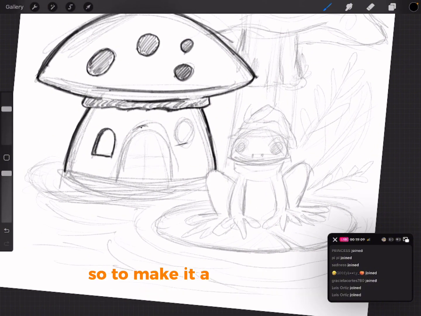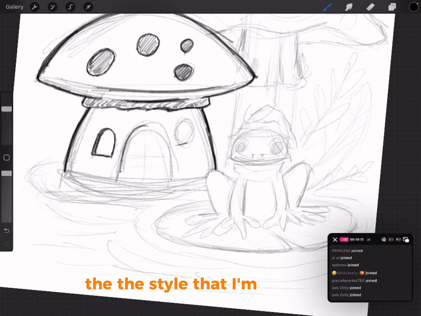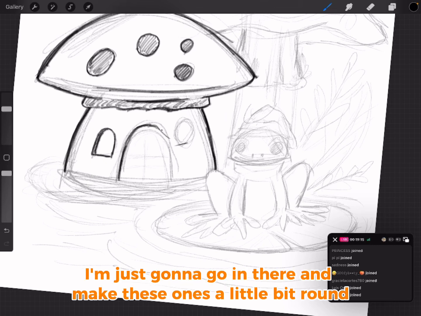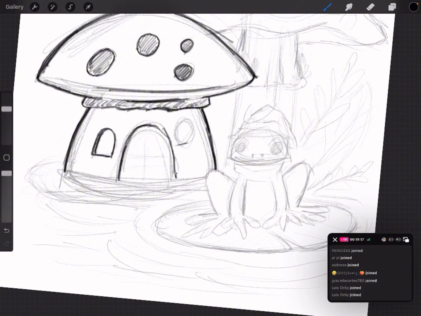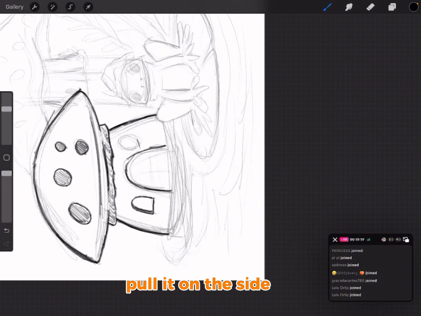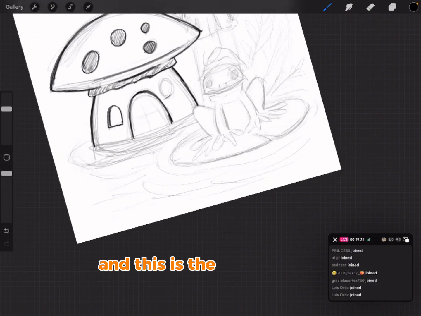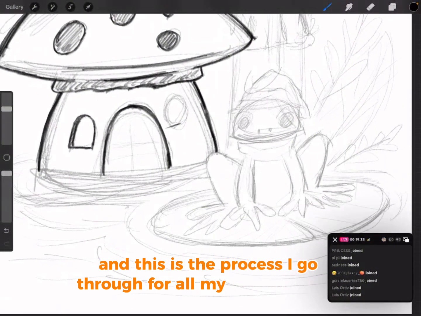So to make it a little bit more whimsical, the style that I'm going for, I'm just going to go in there and make these ones a little bit round. Pull it on the side. This is horrible right here. I've got to get rid of it. I need a better line. And this is the process I go through for all my